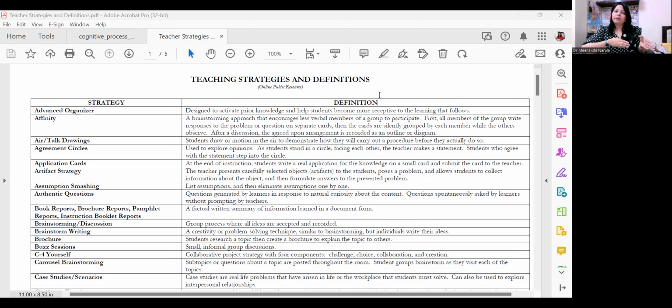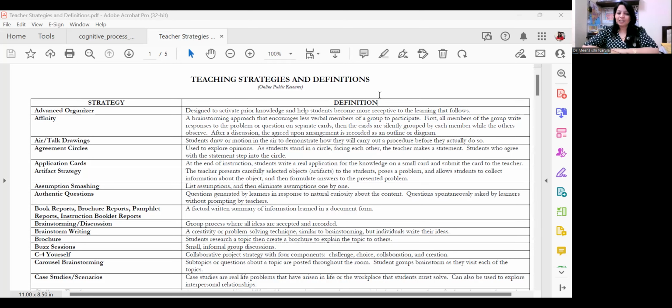Maybe they are talking about an educational institute. Maybe they are talking about a coaching institute. Maybe they are talking about a builder, an upcoming building, or a restaurant that has been opened in a nearby place, a new restaurant. That is presented in the form of a brochure. So you may ask your students to create their own brochures to present their understanding of the learning.